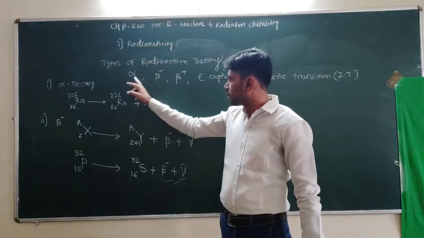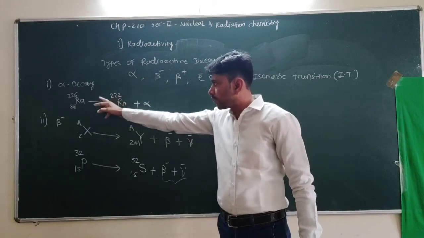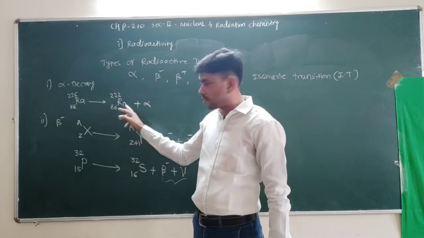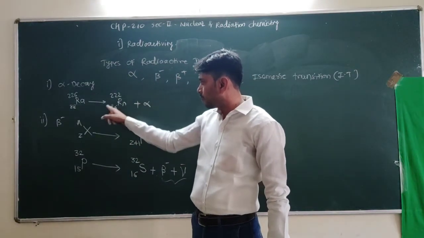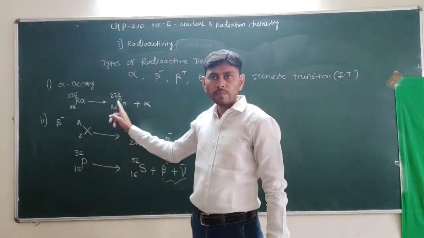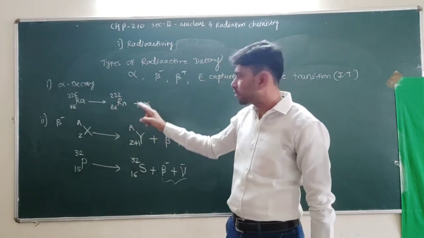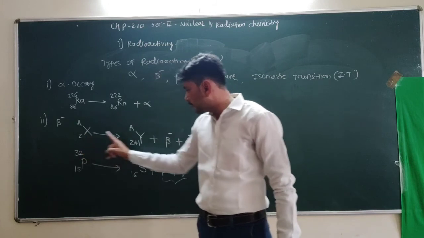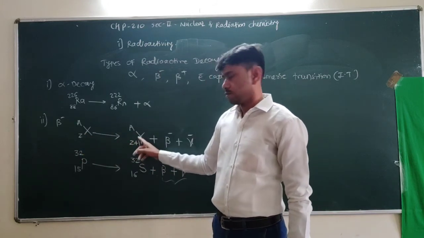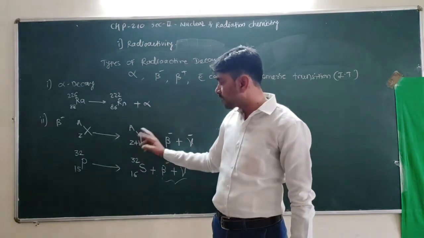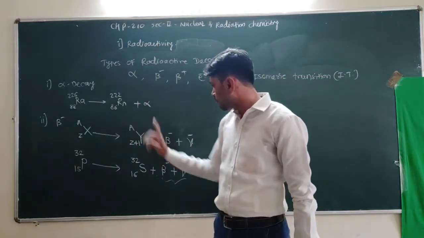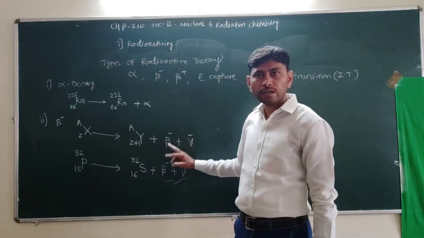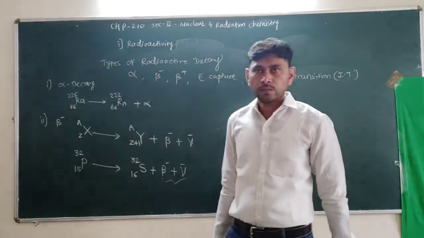In the types of radioactive decay, the alpha particle is there. What happens in alpha decay? The element transforms from one element to another. In the process, an alpha particle is emitted, where the daughter element has atomic number reduced by 2 units and mass number reduced by 4 units. In beta minus decay, the atomic number of the daughter element is increased by 1 unit compared to the parent, and in the process the nuclear particles, beta minus and the anti-neutrino, are emitted.